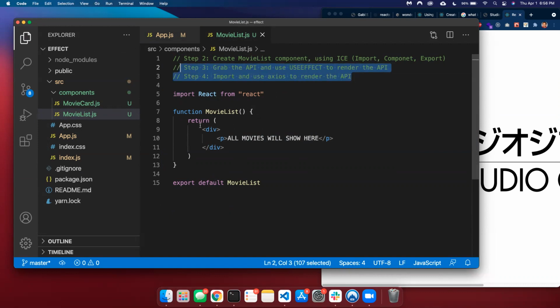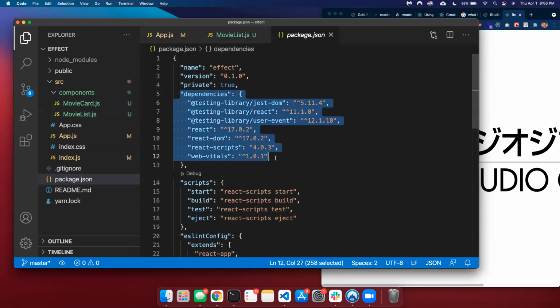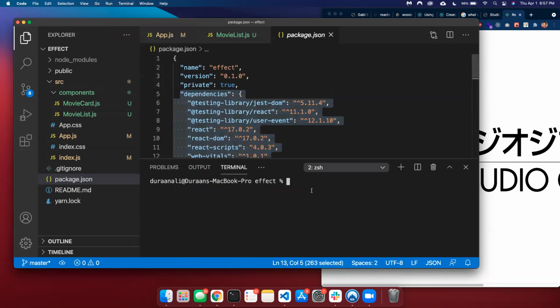And then these two go together. So we have to import Axios somehow. So we're going to import Axios. To import Axios, we need to use the terminal, right? To grab it. Right now, if we look at our package.json, it has dependencies here, which are the packages we're going to use, but there's no Axios in here. So always make sure that when you want to use a package, it's in here. So to do that, we can open the terminal, and then we're just going to say npm